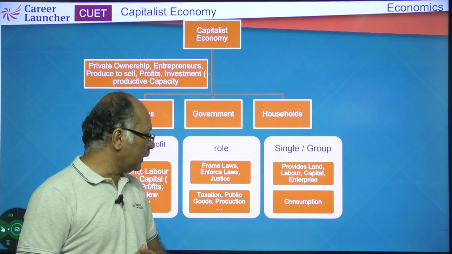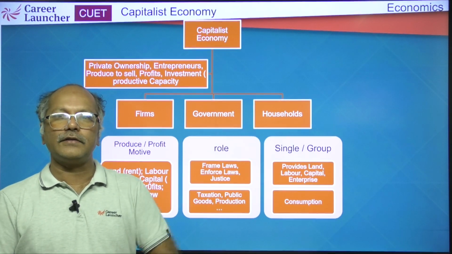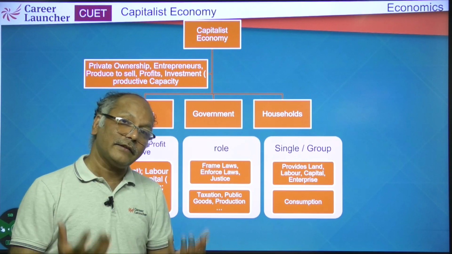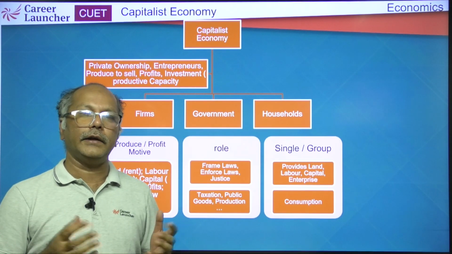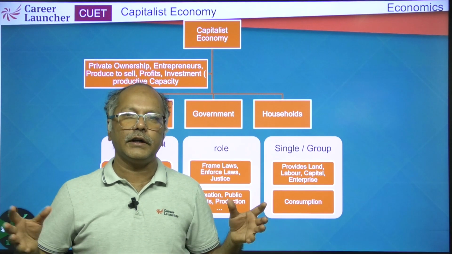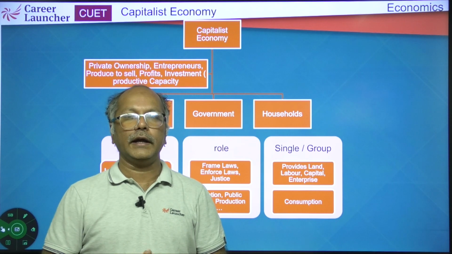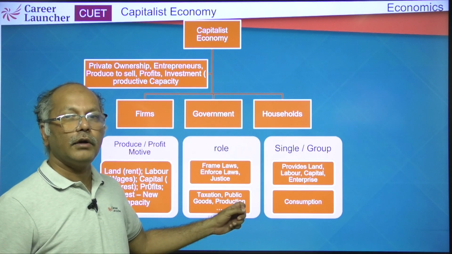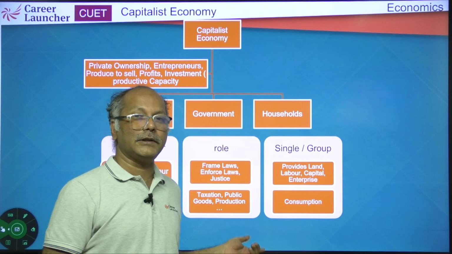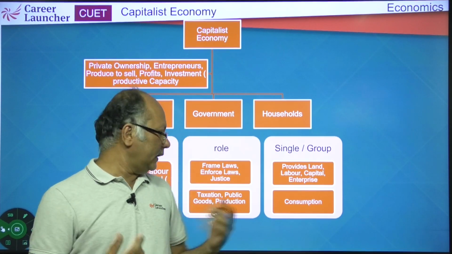The role of the government is also to collect taxes. That's the return for the services the government provides. Taxes are also another way of reallocating resources. You are taking money from the rich and ensuring that it is spread a little more evenly across the country, putting it into public goods, and sometimes, in the case of India, also into production. For example, the public sector units are places where the government has invested money as a part of